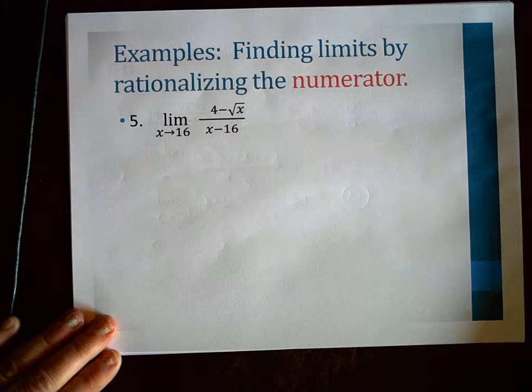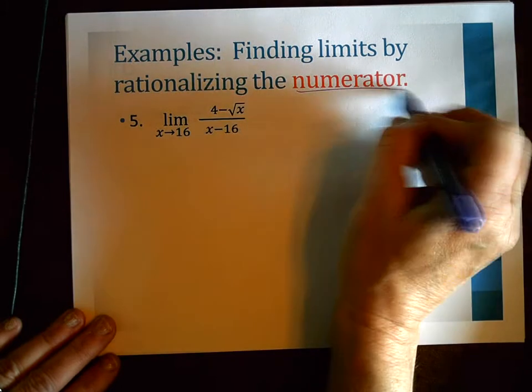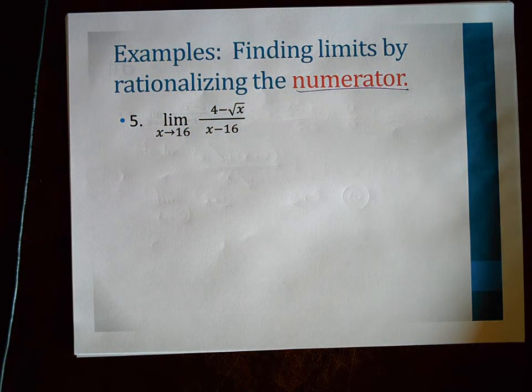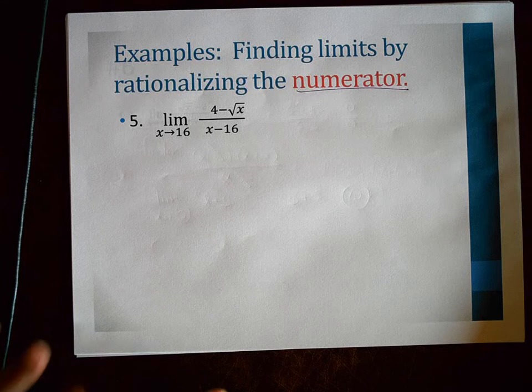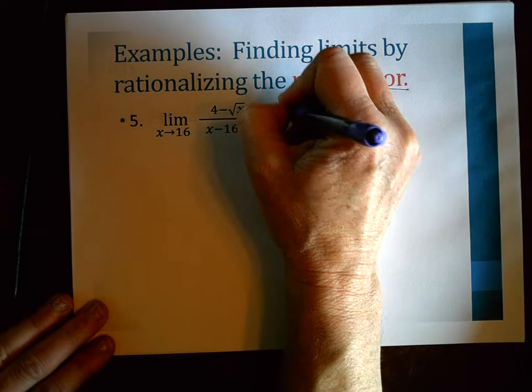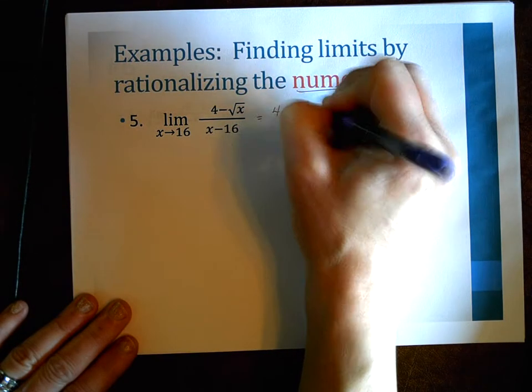Okay, now they do get a little bit harder. The ones that get harder is when you have a radical in the numerator. We always talk about rationalize the denominator. We still might have to rationalize the denominator. Can't have a radical in the denominator, but you sometimes might have to rationalize the numerator. So first we're going to do direct substitution. Just make sure, always make sure direct substitution doesn't work, because you'd be surprised, sometimes it works and you think